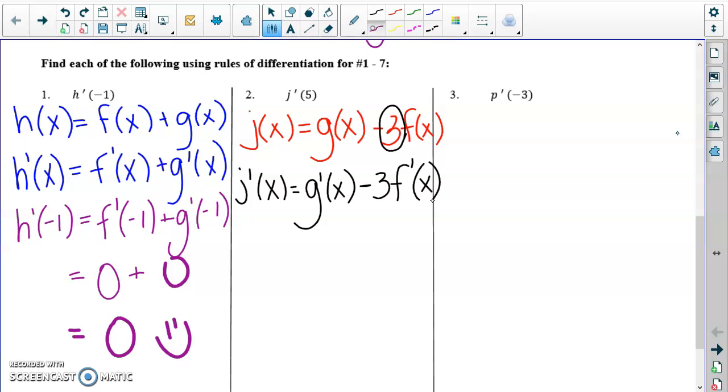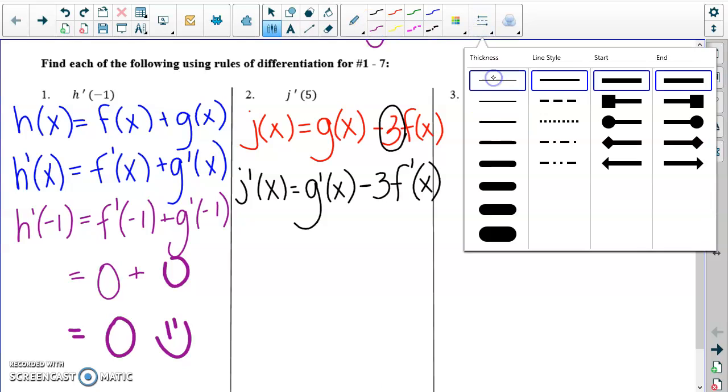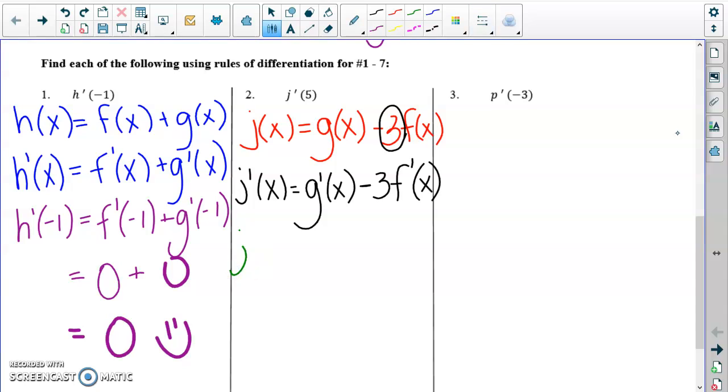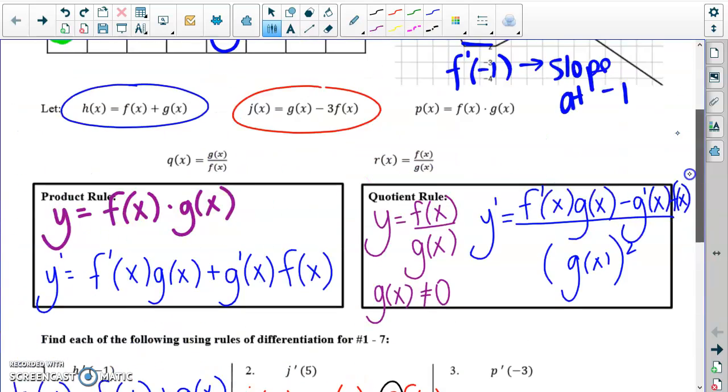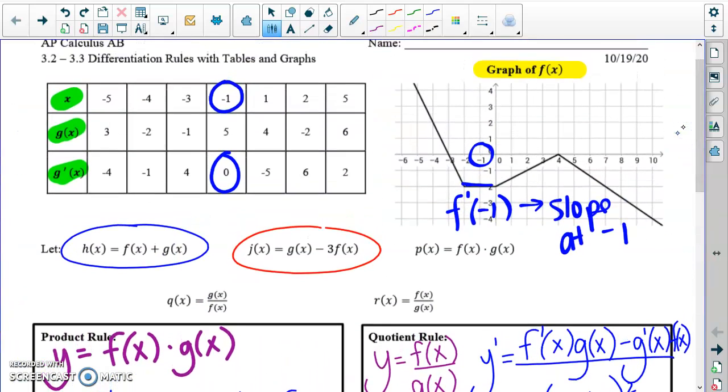And then again, the whole idea is that I am going to replace all my x values with 5 because my goal is to find j prime of 5. So I need to figure out what g prime of 5 is minus 3 times f prime of 5. And again, for the g values, I'm going up to my table. G prime of 5 is 2